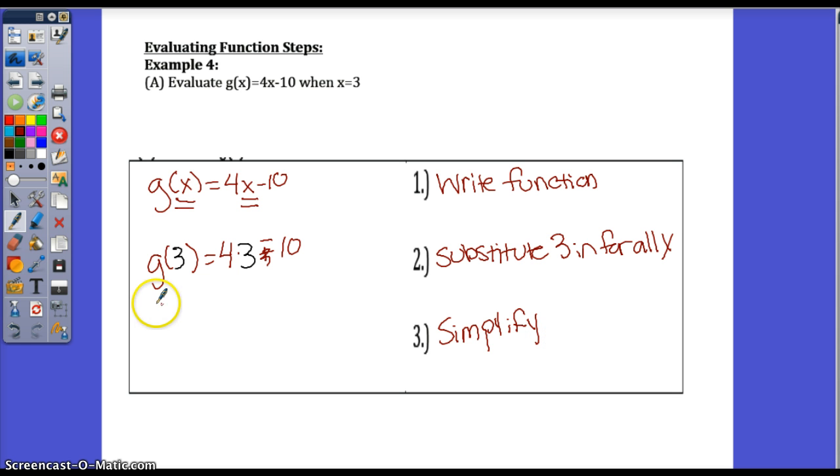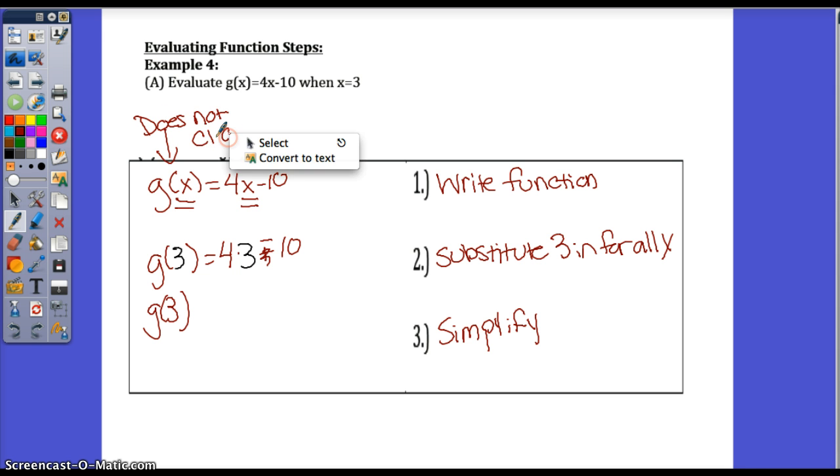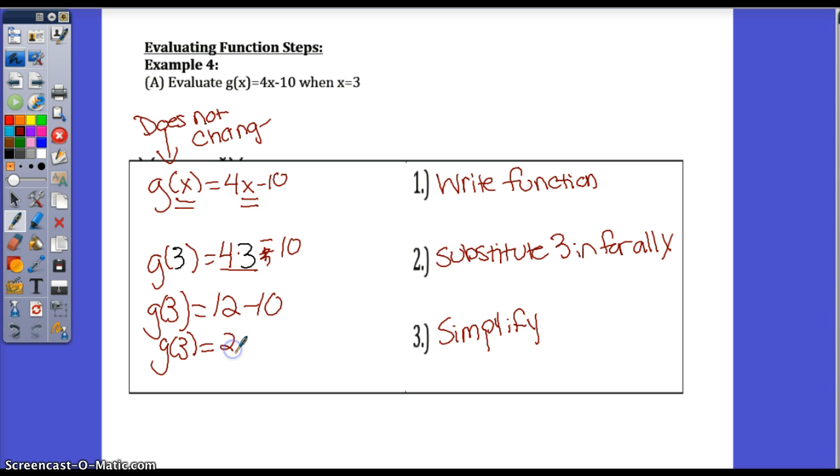So you have g of 3. Remember, this side does not change. g of 3 equals, do your 4 times 3 is 12, minus 10. g of 3 equals 2. And I'm going to add a fourth one, and I'm going to say write the ordered